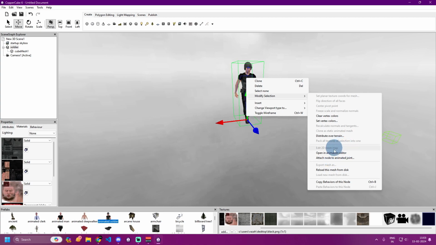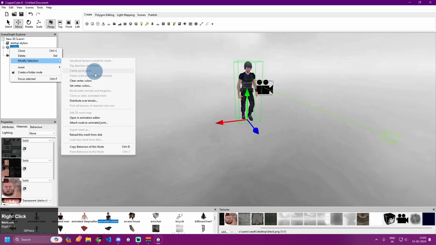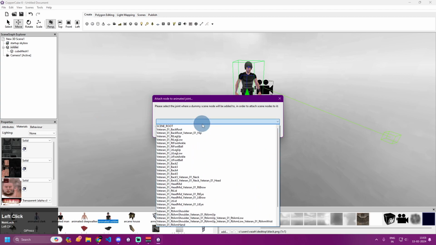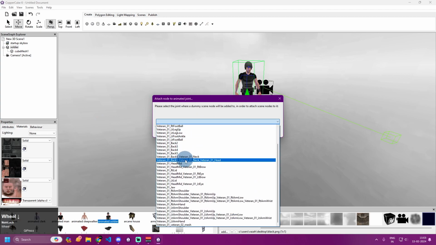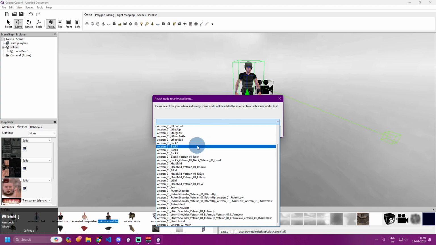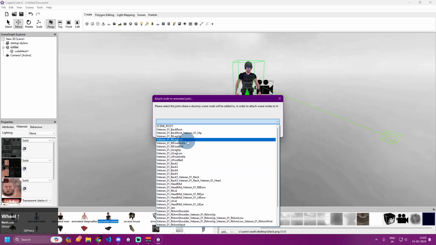animated joint. This option will only show up for the animated object, so make sure that you have selected the correct object in your scene graph explorer, and then click this attach node to animated joint. It will bring up this drop down, and this drop down will have all the bones for your character. You can have different names as per your character. If you are rigging the character in Blender, whatever names you gave to the bones,